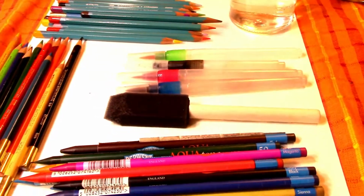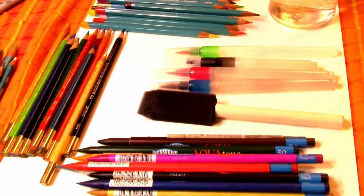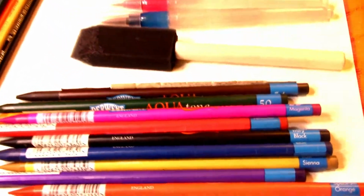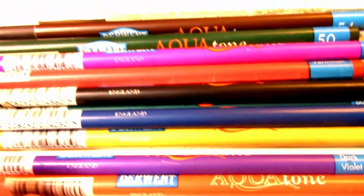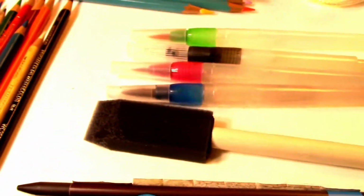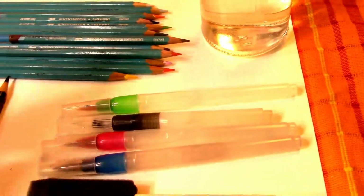I'm your host, Andria Redlin, and today we are going to be learning a little bit about watercolor pencils. Now, watercolor pencils are kind of like sticks of pure watercolor. They are water soluble, which means they will dissolve in water, and most major art suppliers do make them, like,